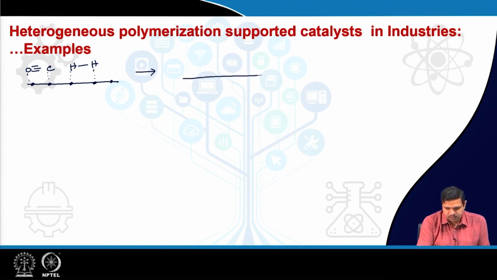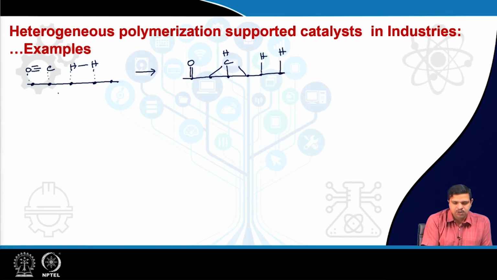And as I told, the heterogeneous catalysis mechanism is very complex to understand. So, see here and here the formation. So this is, you can see, van der Waals, this is the physisorption, and then the chemisorption happens. Okay, and